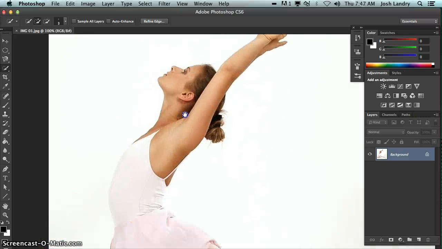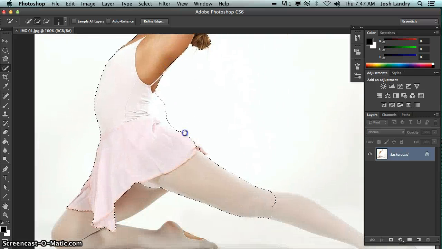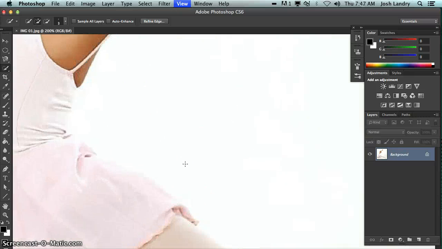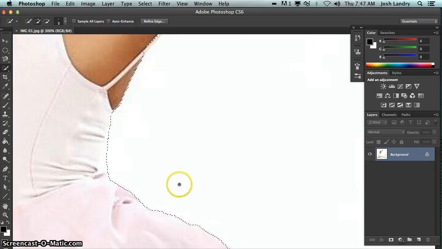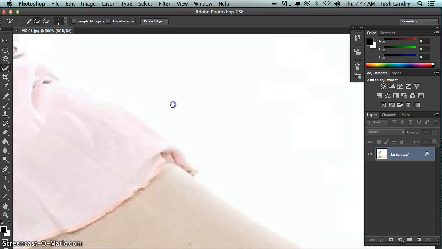Okay, I'm going to hold down the space bar and pan in, and it looks like I got a little too much of her back, a little bit too much of the space behind her back. So hold down the minus key and just trace around, and you'll see Photoshop clues in pretty well. There we go, and a tiny bit more, and there we go. That's pretty good. So space bar to pan, click to add,